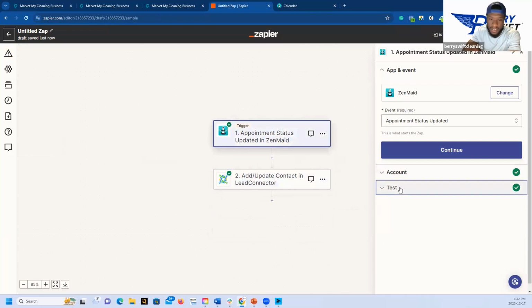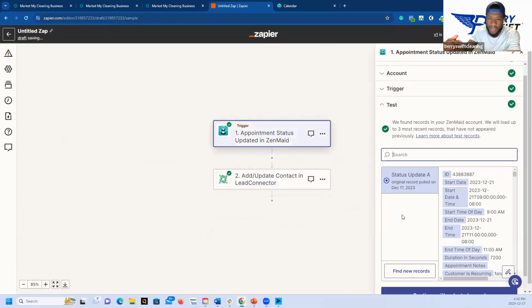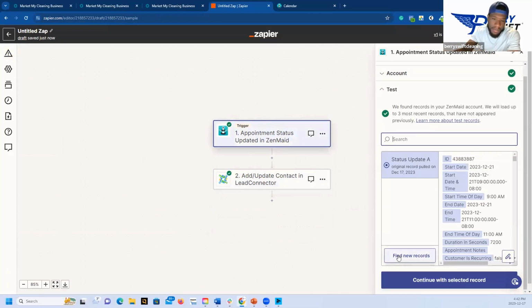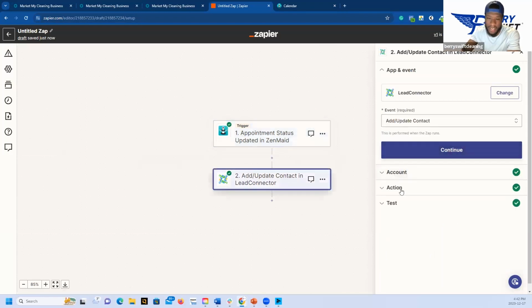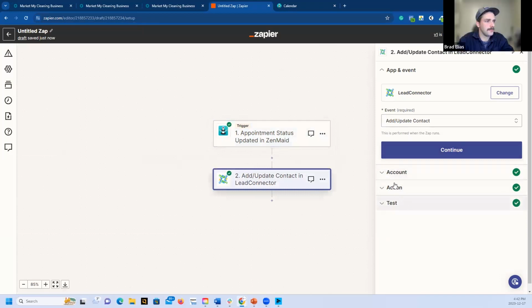So just to make sure I'm tracking this Zap correctly, when appointment status is updated in Zenmaid, let's say it updates to completed, then the next workflow that takes place is it's going to update the contact to include whatever that name is. So whether it's active, canceled, completed, that's how it's going to update the contact. Yeah, as far as I know. Got it. So far it looks like